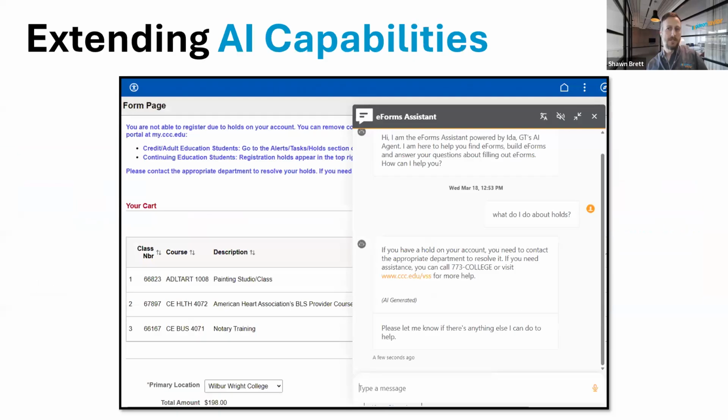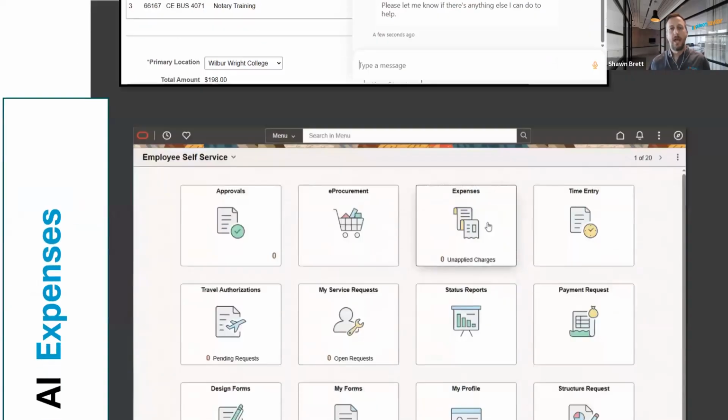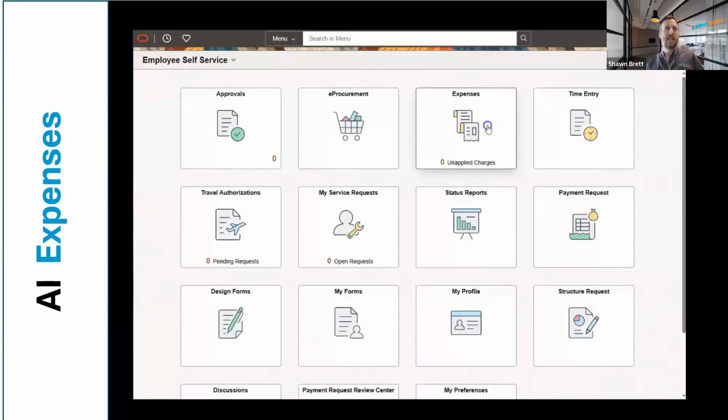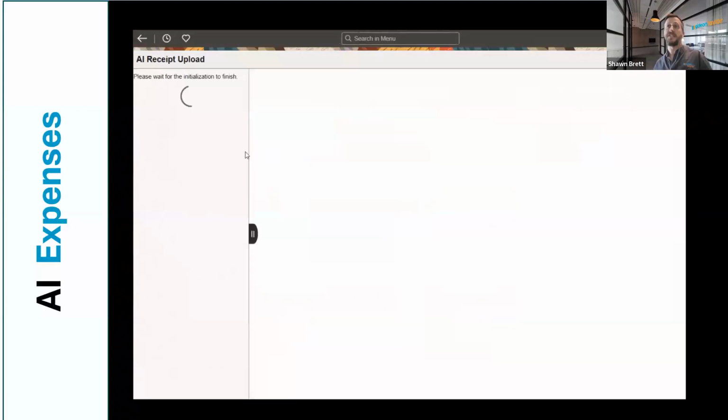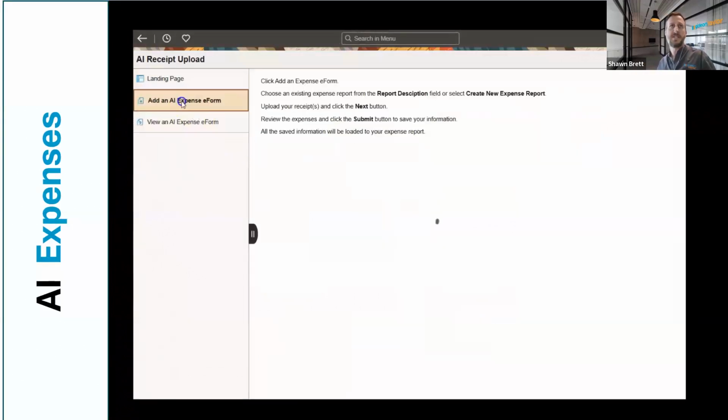So just being able to extend that a little bit more, we've got our example from CCC where it was pretty basic. Students and prospects can ask questions throughout the process of filling out this form and registering for courses and get some feedback on how they need to finish things out. That's a more detailed example of how you can implement AI. This is an HR example, but just be thinking over the next few slides how you can use these things in campus solutions. This is an example of an expense entry